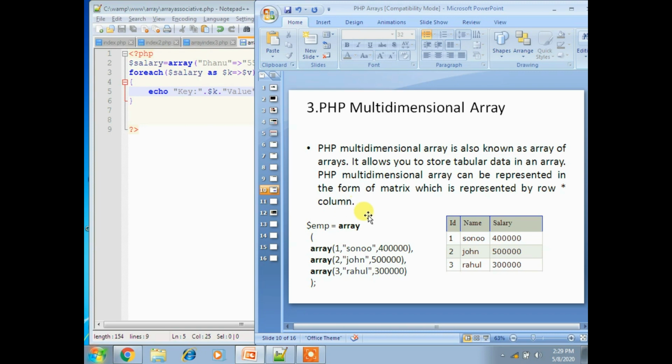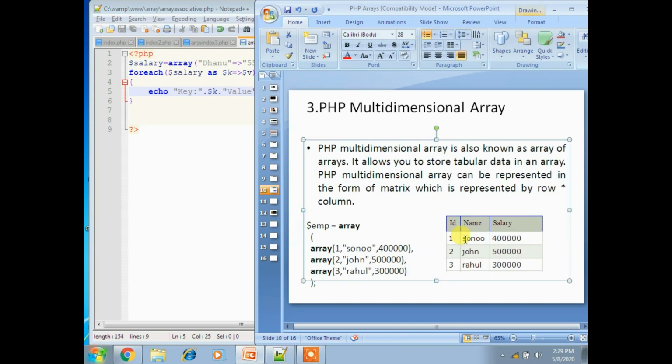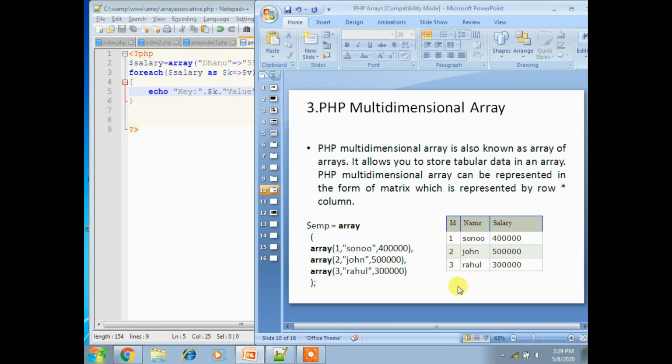Let's see an example of a PHP multi-dimensional array to display the following tabular data. It displays 3 rows and 3 columns, right? Here ID, name and salary, three columns, and 3 rows. So a 3 by 3 matrix, in the form of a multi-dimensional array.